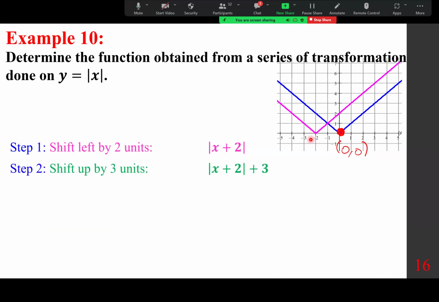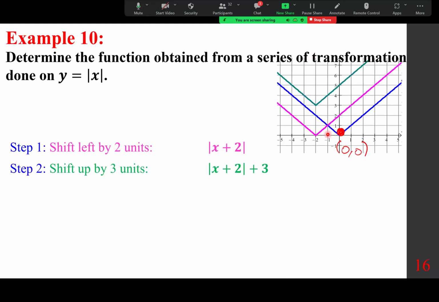Shift up by 3 units. Now we're going to take this up by 1, 2, 3 units. The vertex was 0, 0, then negative 2, 0, and now it goes to negative 2, positive 3. And then reflected about the y-axis. So we change the x to minus x plus 2